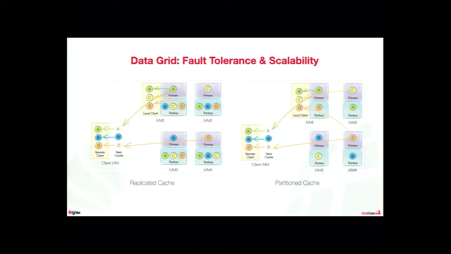So let's look a little bit at how we handle fault tolerance and scalability. Being a distributed data store, we always take the approach with Ignite that we want memory to be the primary store, and the disk or the database to be in the background. Now, to be able to say something like this, we really need to provide features and capabilities to guarantee data consistency, resilience and fault tolerance in the grid itself. So we employ different modes, from a fully replicated cache, where all the data will reside on all the nodes and the processing can be distributed, or we can have a partitioned cache with any number of backups